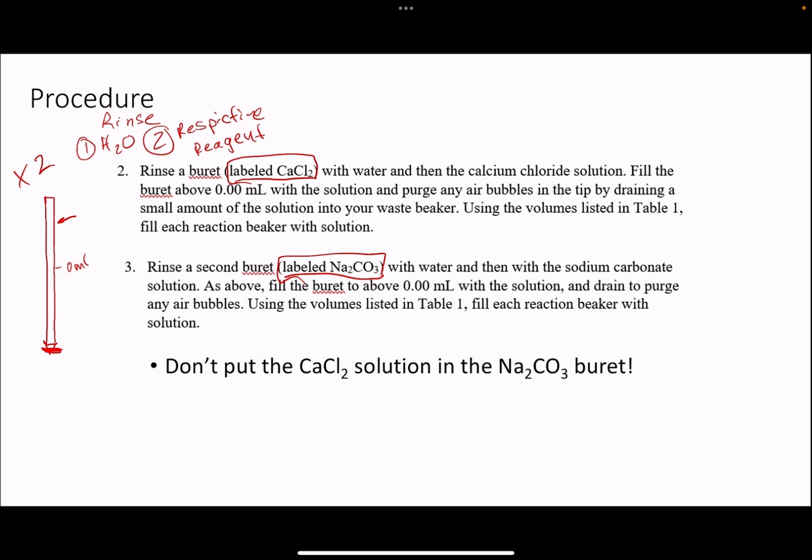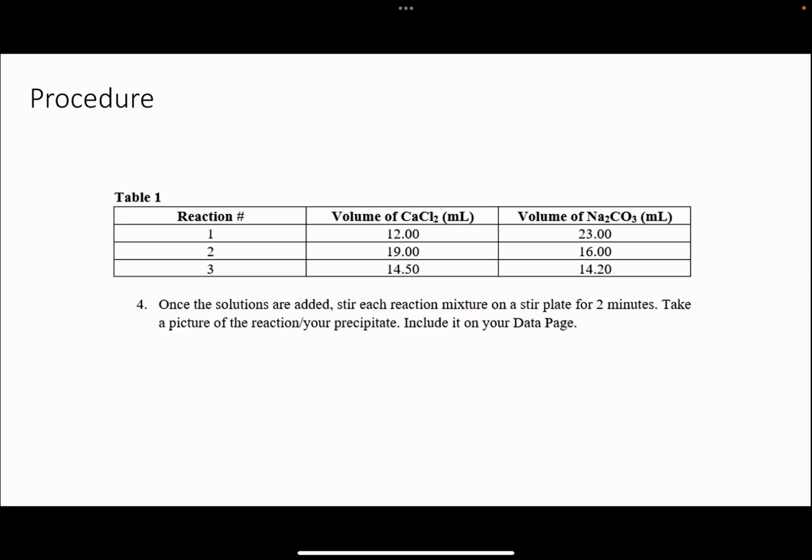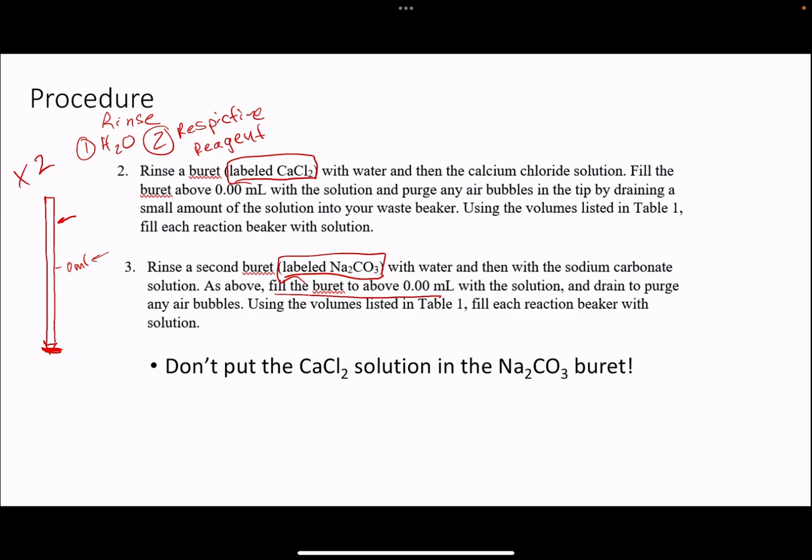And then, of course, you fill it up above the 0 line. And it sounds counterintuitive, but that's again because the 0 line is not at the bottom, but it's halfway or maybe closer to the top. So just fill it up, and then we should be good to go. So then you should have these two burettes ready to go. And then we will look at the reactions. We'll start these reactions. Make sure you don't confuse these. That will, of course, lead to